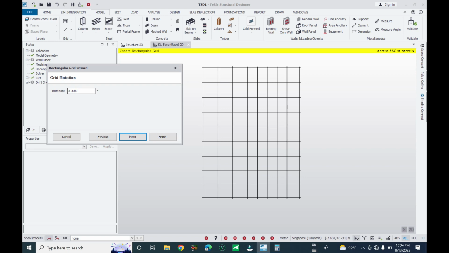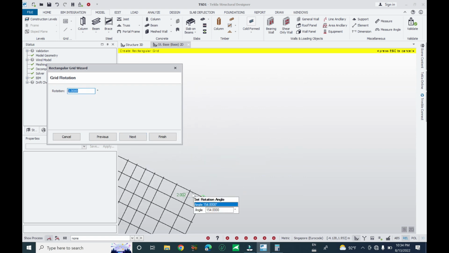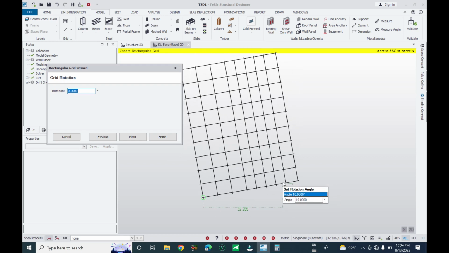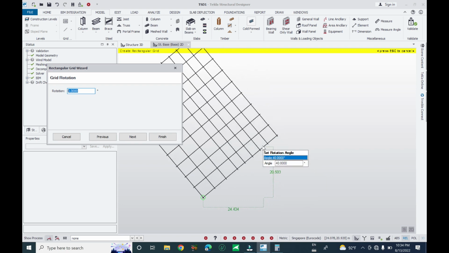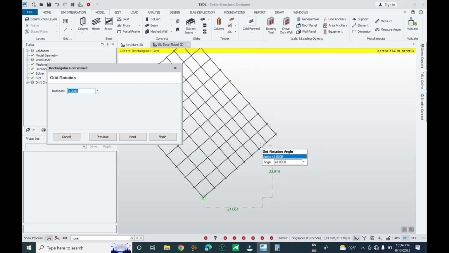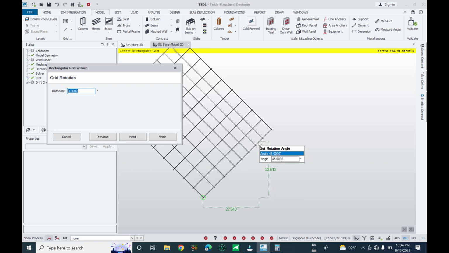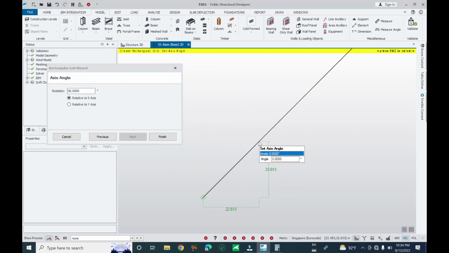And the rotation, you can enter the rotation. You want to rotate the grid line 45 degree. Now you see here the rotation angle is 18 degree. Now if you continue to increase, is 40 degree. This 145 degree, you can click it,